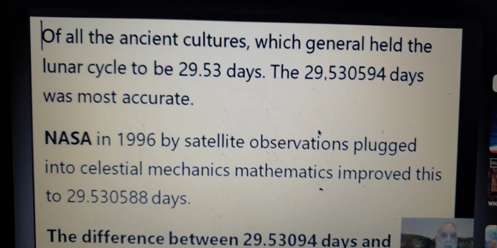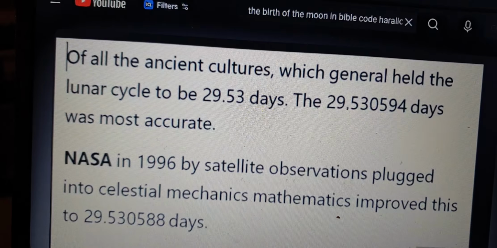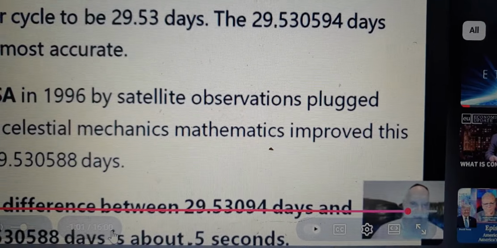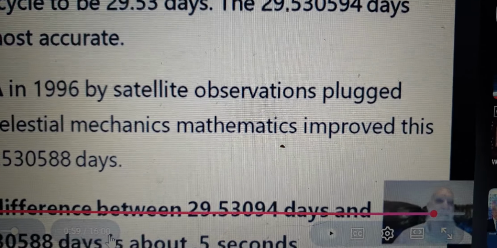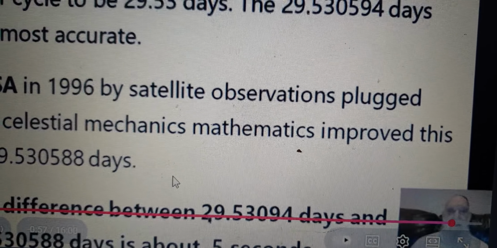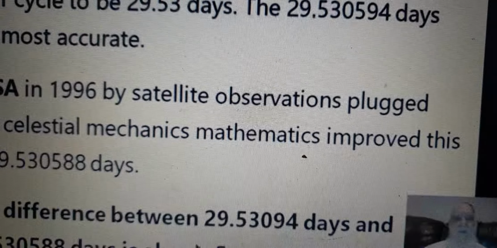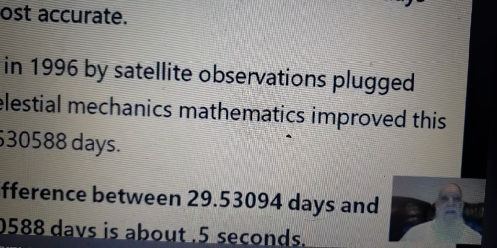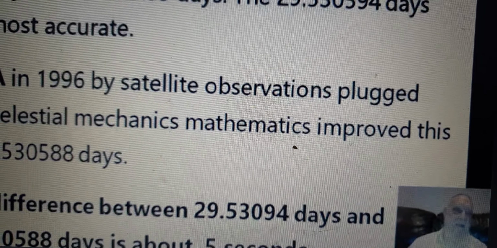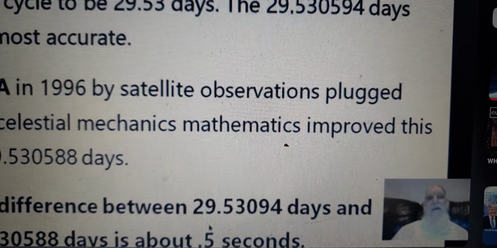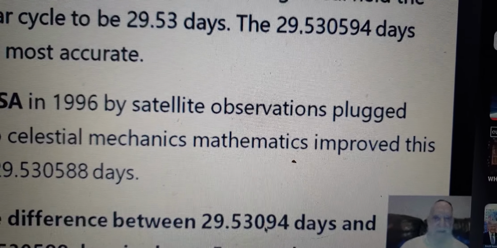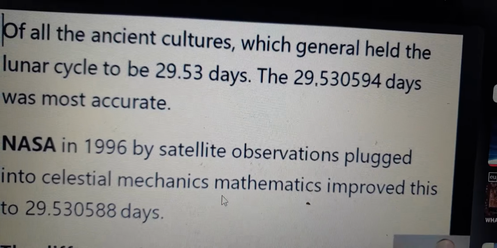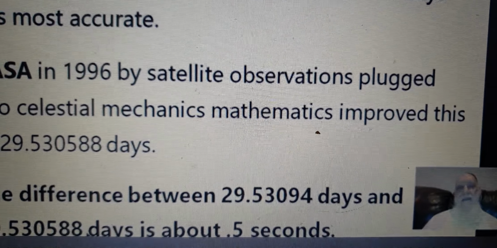Who is right, 5 seconds? No, I think it's 0.5, sorry, not 5 seconds. It's 0.5, very little difference. In fact, you can see it here, 29.53094 for 29.53088. So it is really not a 5 second mistake. It is 0.5 because you can see that the only difference is that here is 0.53094 and this is 0.53088. So it's an unbelievable